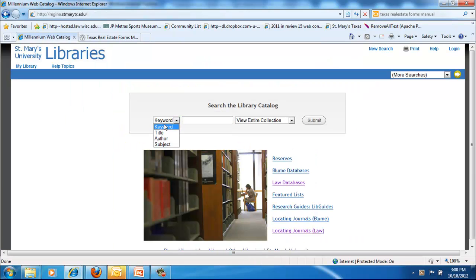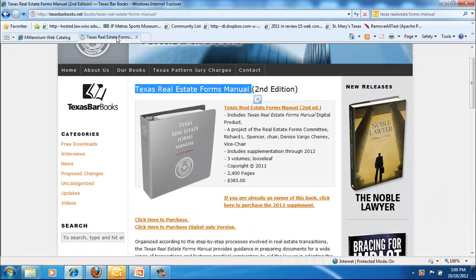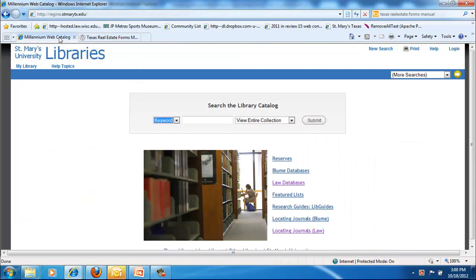And one way to use this is if I have an exact cite for a book I want. So in this case, I found that the Texas Bar put out a book of Texas real estate forms. I have the exact title that it was published under. I'm going to copy that, come over and paste it here, search that as title, search at the law library,